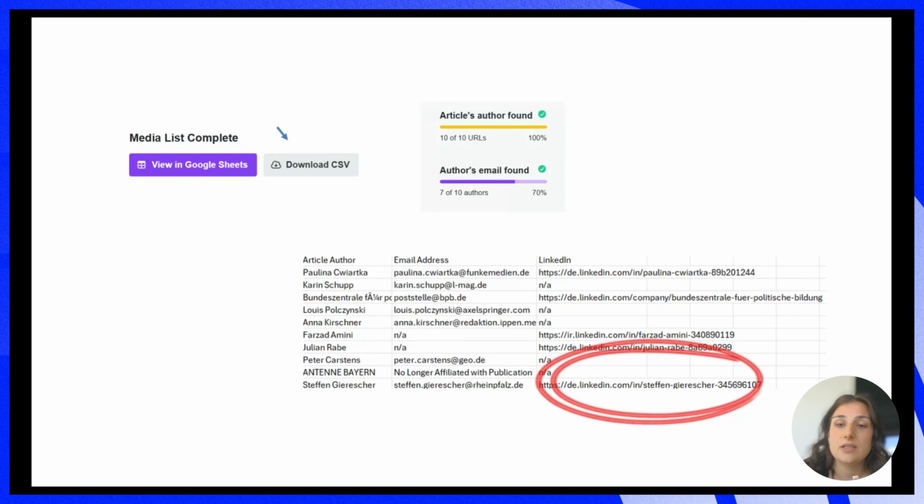So check the LinkedIn, see if they moved recently, or if the recent coverage they have written is not on the same topic that your press release is focused on. Make sure you spend more time here so your tailored media list is up to par, because that will make or break your campaign for sure.